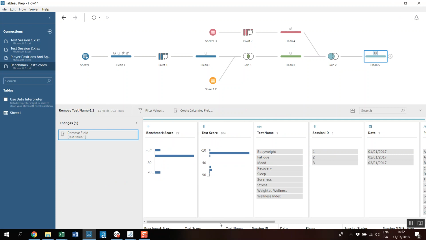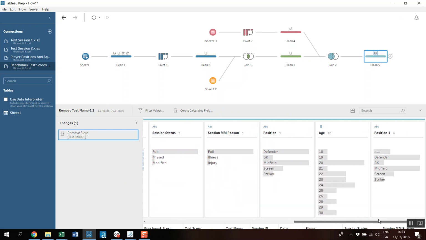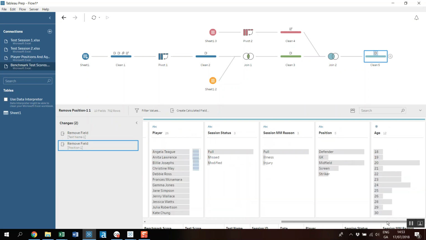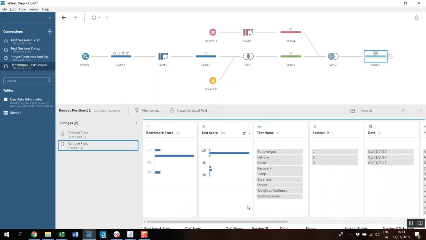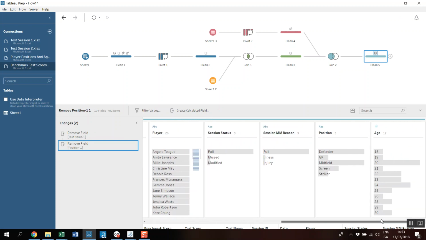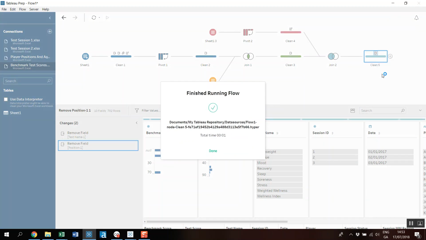That looks okay. So we've got a benchmark, a test score, test name, session ID, and position 1. Again, I don't need that because we've got the position already in here. Position is already there. Okay, so this looks pretty good. Again, what you can do from here is add an output and save this as a file. I'm just going to right click and preview in Tableau Desktop just to show you then how we could quickly